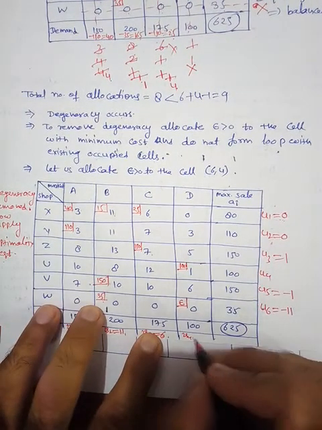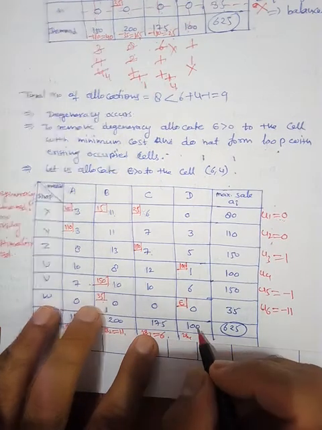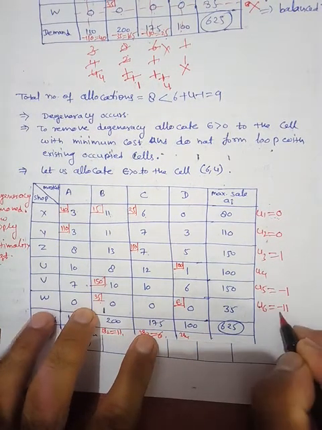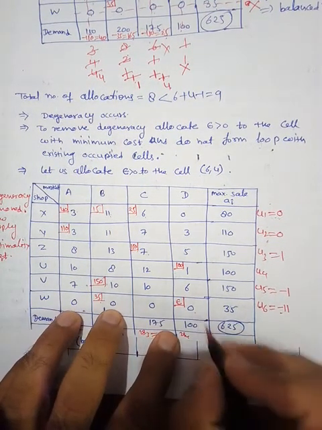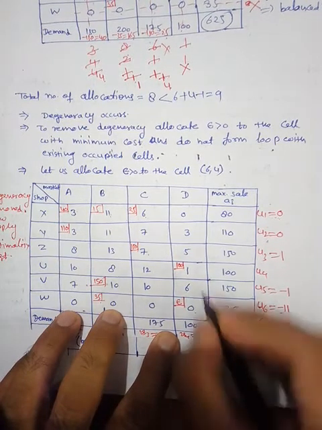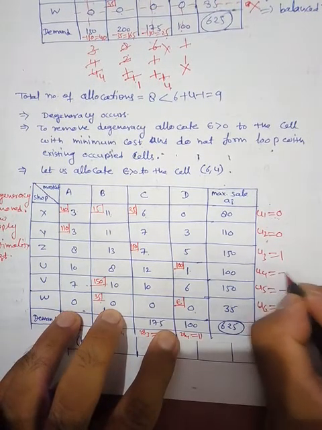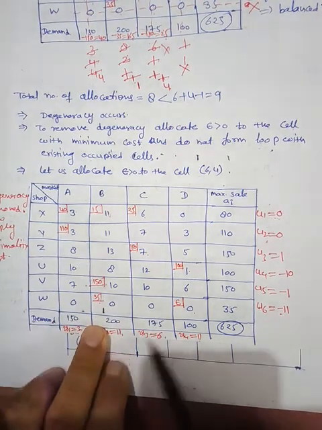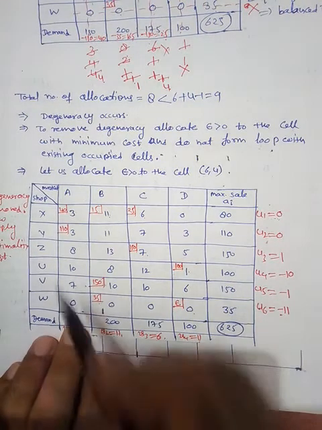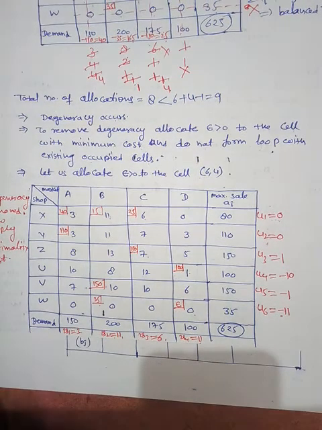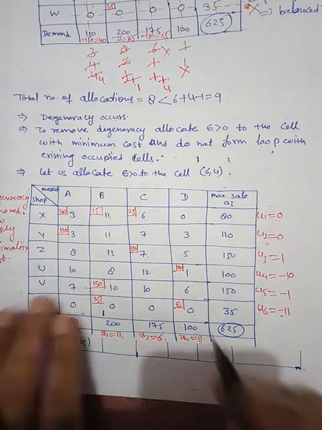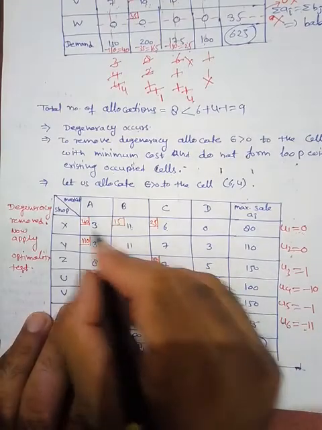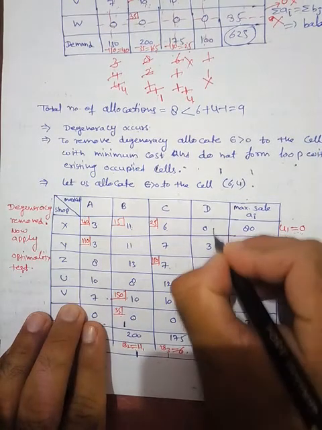And then here is 11, minus 11, here is 0, so this should be 11. And here is 11, here is 1, so this should be minus 10. So these are the numbers: minus 10, 1, minus 1, minus 11, 11, 6, 4, 11 and 3. Now find out the delta ij for the non-occupied cells. So in the first row, this is the unoccupied cell.